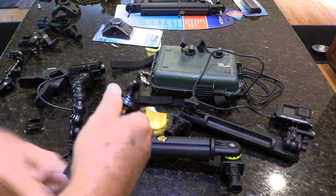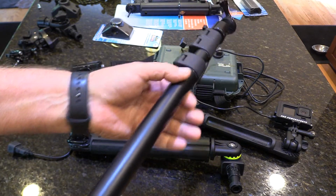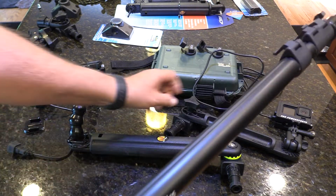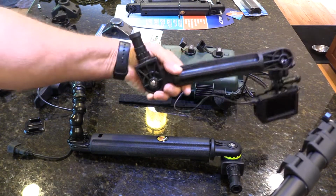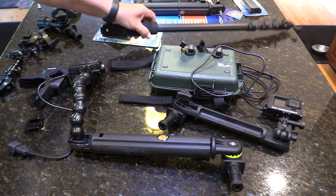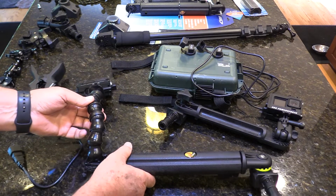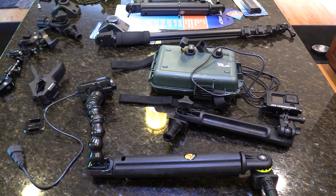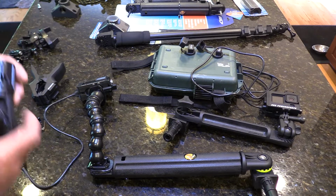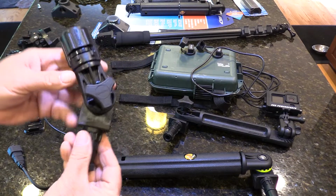And that's how I put that one together, and it worked, but I never extended it, and I always thought this was just too long, which is why I came up with that one. I tried this one. It works well, but it just might be way more than I actually need for what I'm doing, because I found once I mount these on the boat, I'm not fooling around with adjusting angles or anything. And this was also something that I explored using, and this goes into the Scotty mount,